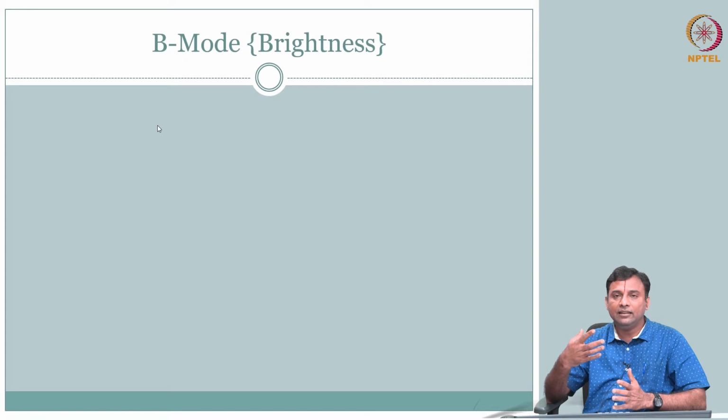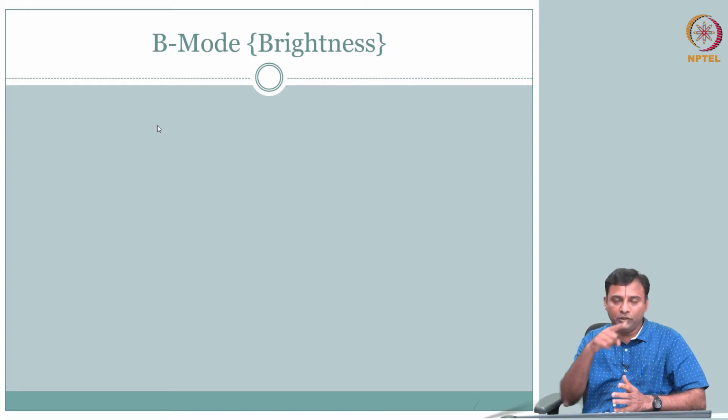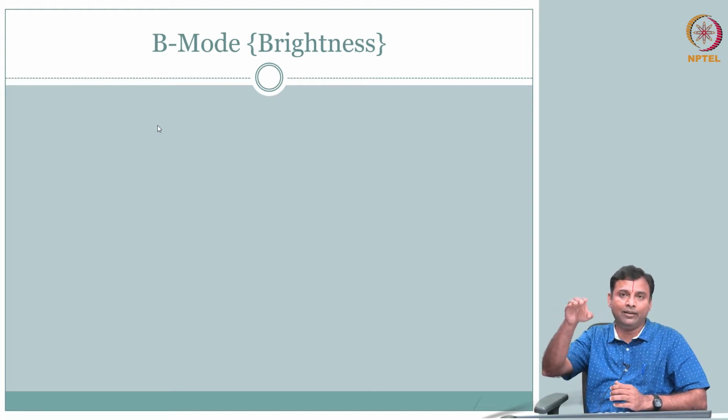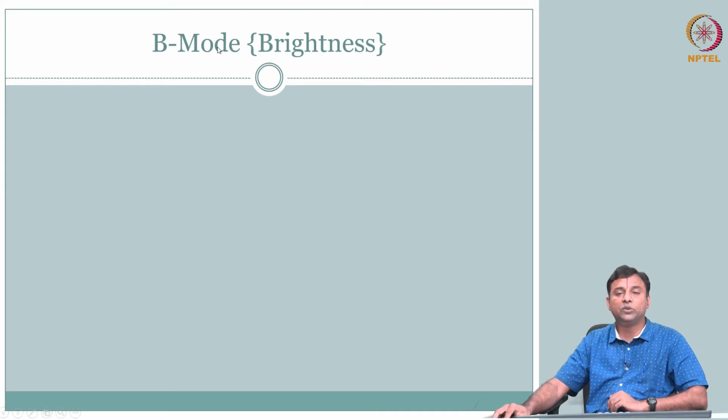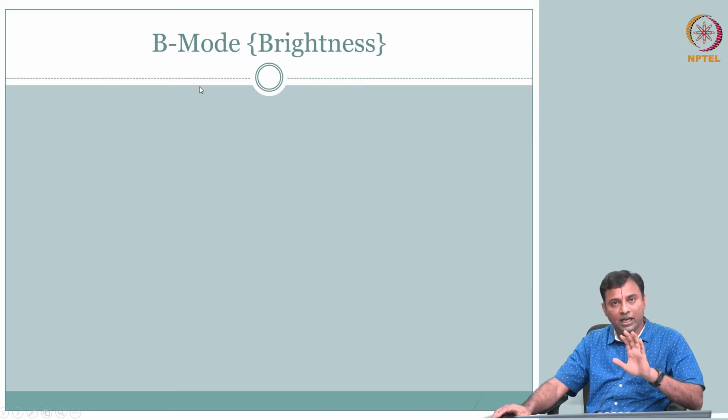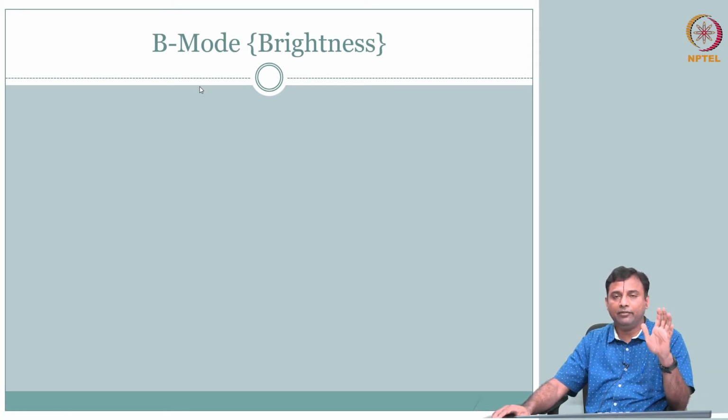In principle, you have this amplitude mode, you have this envelope, right. If I do that at different locations and quantize the amplitude into different brightness, white being the highest, the peak value, black being the floor value, anything in between is your gray value. So, it is encoded to brightness. So, that is why it is called brightness mode. So, you start out with the same amplitude mode signal, which is very straightforward from our imaging equation.